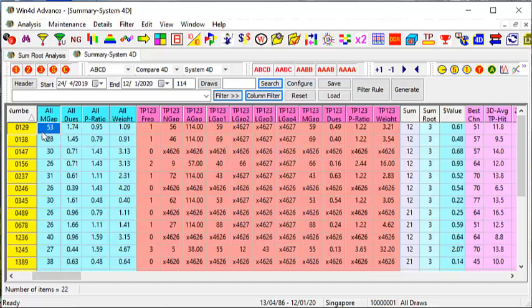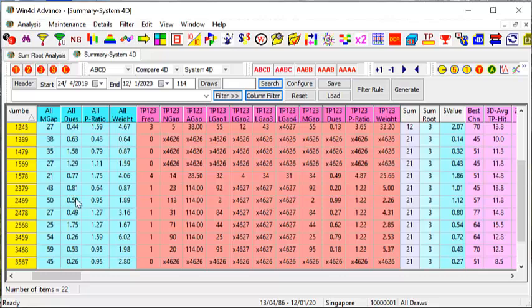Now what does sum root 3 mean? For example, 1 plus 2 equals 3. 3 plus 9 equals 12. 12 has 2 digits, 1 and 2, so 1 plus 2 becomes 3. And this is how sum root 3 comes about. And out of these 22 sets, which I want you to take a look at yourself, starting from 0129 until the very last set, 3567,